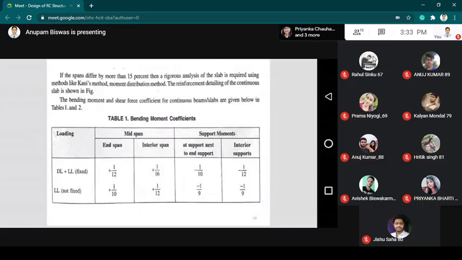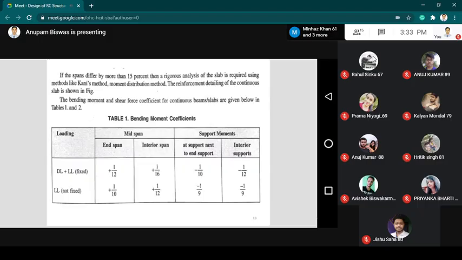Now, if the span of the continuous portion of the slab at the corner and the intermediate span differ by more than 15%, then a rigorous analysis of the slab is required using a method like Kani's method. Kani's method, all of you know, is a method of analysis, and the moment distribution method is also an analysis